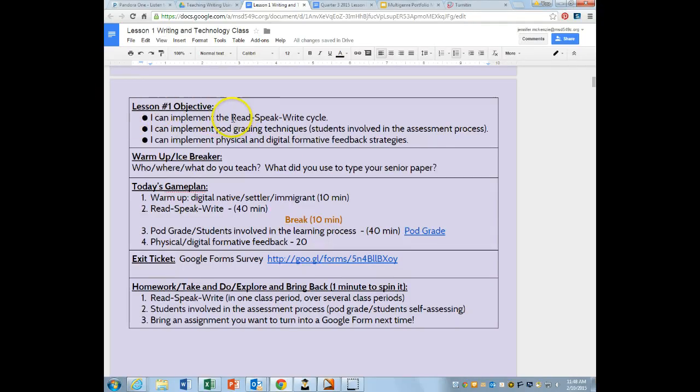In the very first session, we talked about this thing called the read, speak, write cycle and why that's successful. We talked about this technique of pod grading, which is really just involving students in the assessment process. Towards the end of the session, we looked at some quick and easy ways to give physical formative feedback, as well as beginning to use Google Apps to do digital formative feedback. Anytime you're looking through the lesson slides and you see a blue thing that's underlined, it's a hyperlink to take you to a video. There are quite a few videos embedded within the slides that you can watch on your own